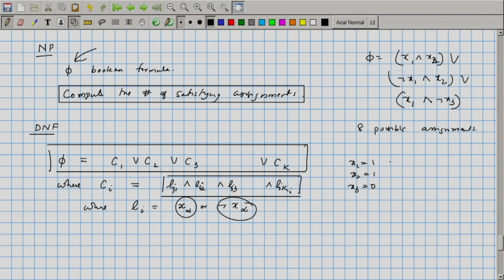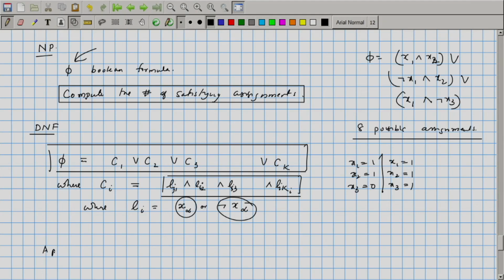But there are other things as well. x1 equals 1, x2 equals 1, x3 equals 1 is another one. So, we can just look at all possible 8 assignments and describe the total number, but that is an exponential time algorithm. So, these are the typical kind of problems that we are going to look at when we study counting. When we talk about approximate counting,